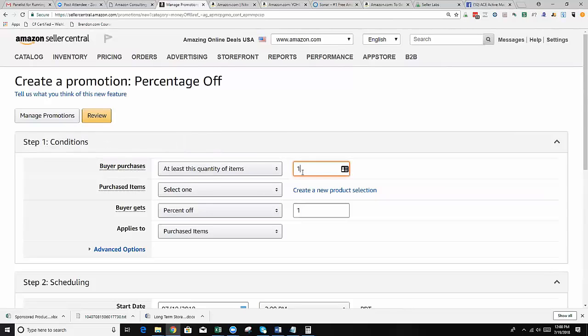So for the buyer purchases, at least this quantity of items. So you can say for this promotion, if the buyer buys one pair of these sneakers, then they would get 25% off. If they buy at least 2 pairs, then they would get 25% off. So you could do 1, 2, 3, however many, at least the quantity of items that they would have to buy to get that percentage. When it says purchased items,